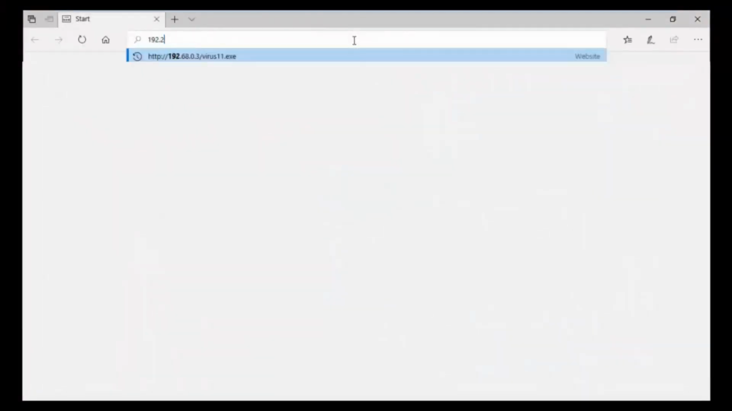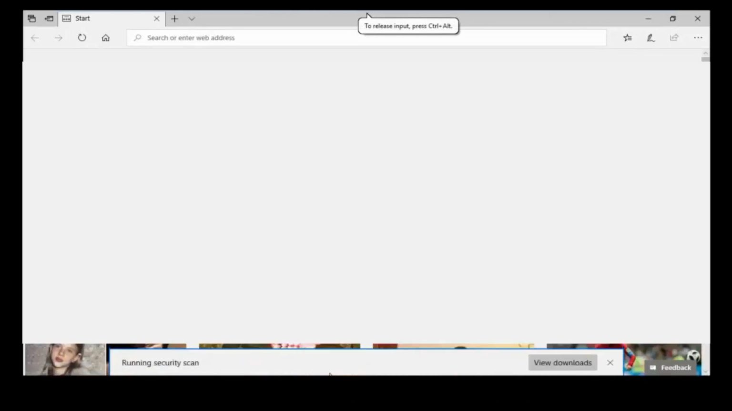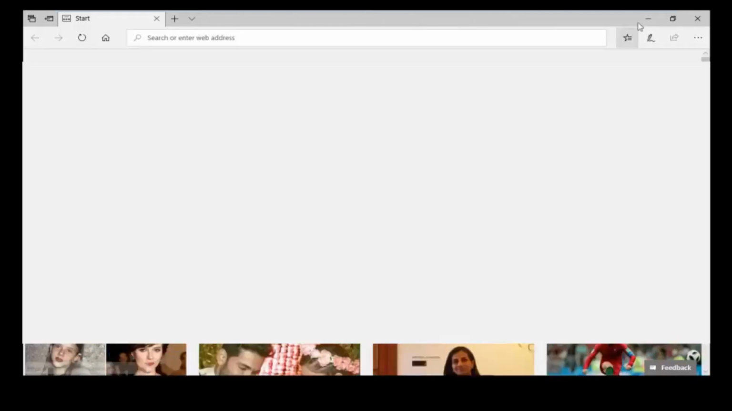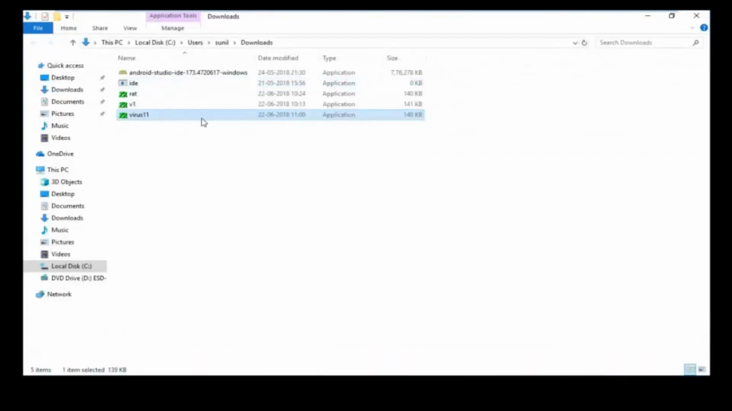First of all, type here the IP address of Kali Linux, which is 192.168.0.3 slash the file name, which is virus11.exe, and hit enter. And click on save file to save inside the Windows 10 machine. So we have downloaded a virus inside the Windows 10 machine. Click on open folder. So you can see here that virus11.exe is available here, and let me show you that